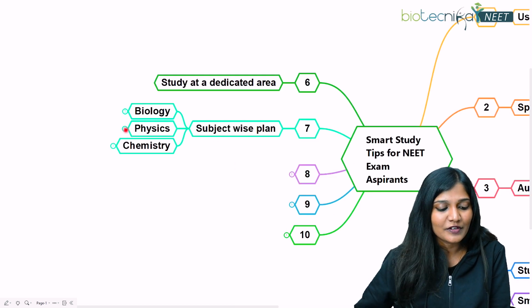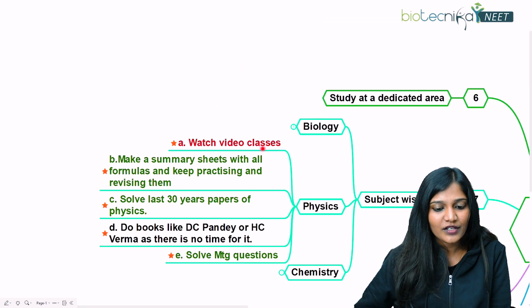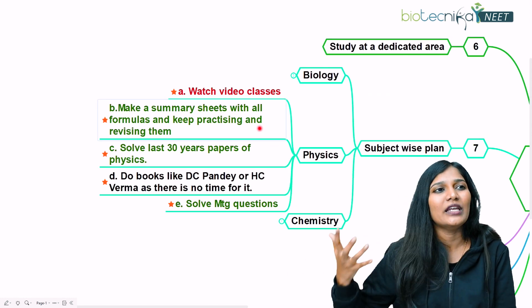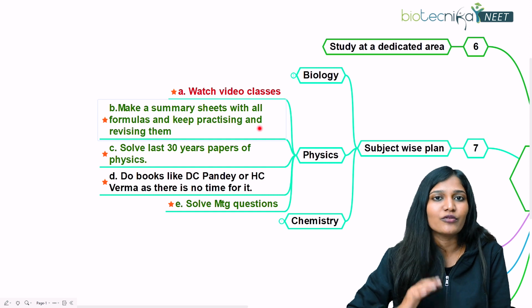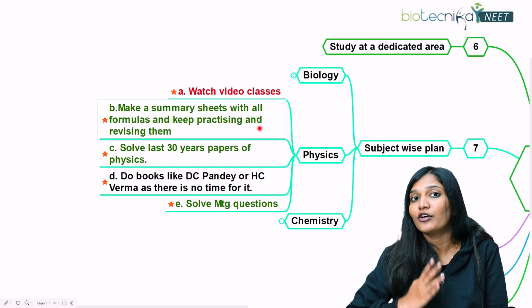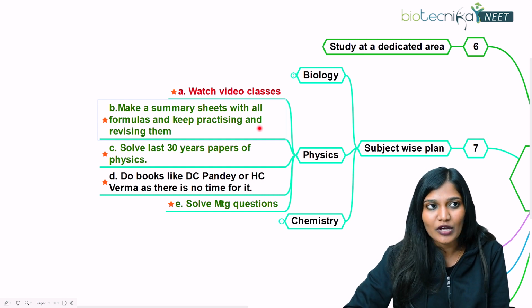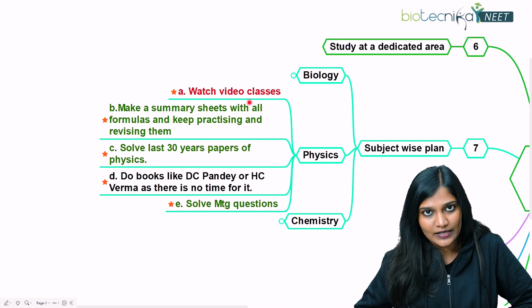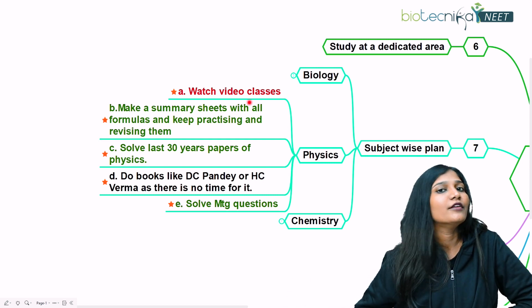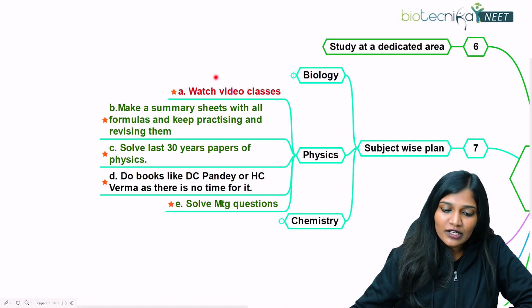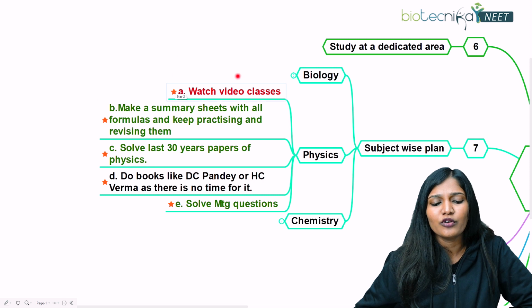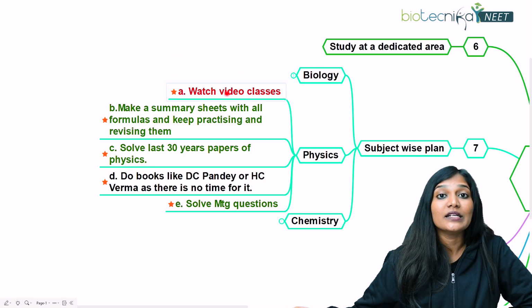The next is going to be physics. So in physics, what are the things you have to do? Before going in for physics, if you're not clear about any concept, the best way to learn is, you cannot read it from the NCERT book, because it's not going to help you if you're going to learn concepts from your NCERT. So watch video lectures of certain concepts. Whatever you're going to learn, if you're going to learn thermodynamics, or optics, or wave optics, watch a video, understand the